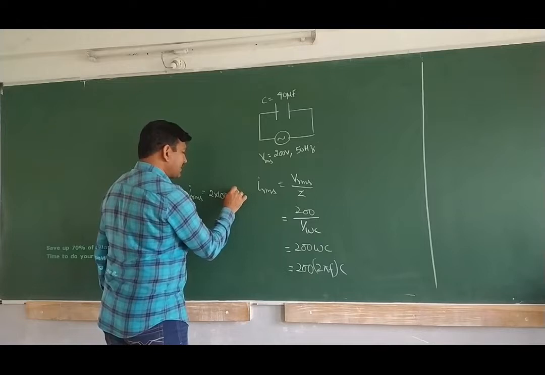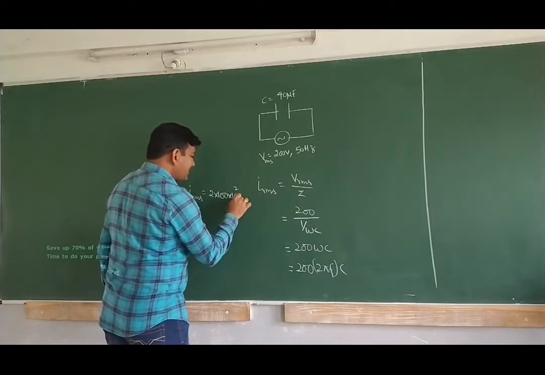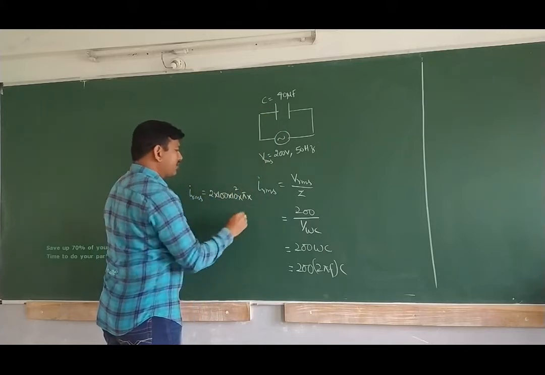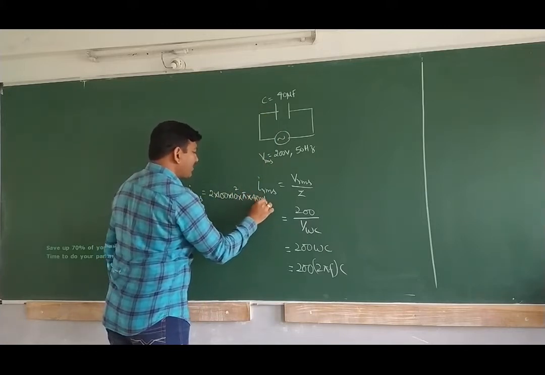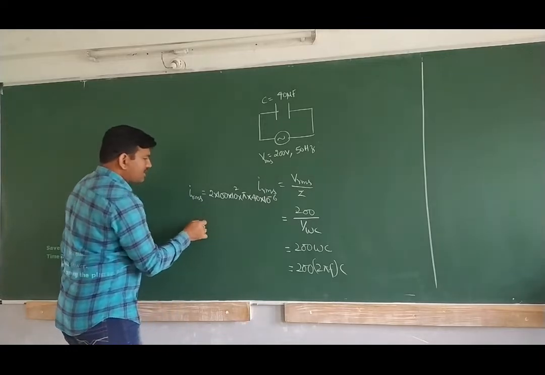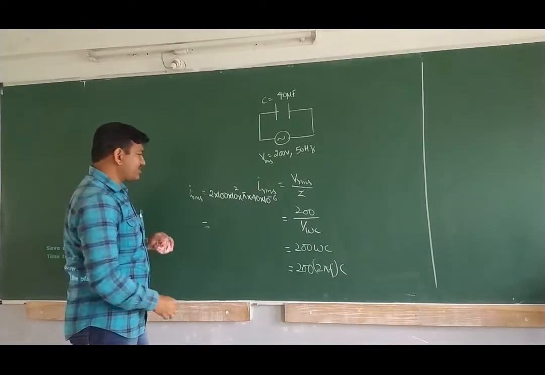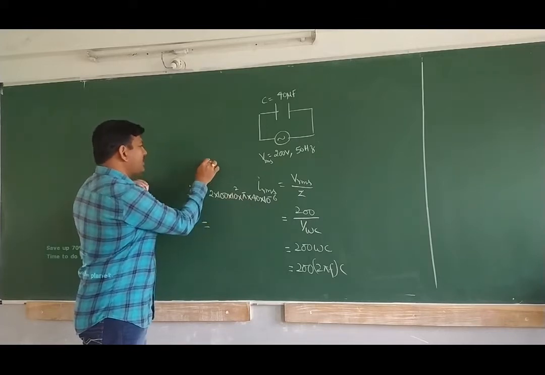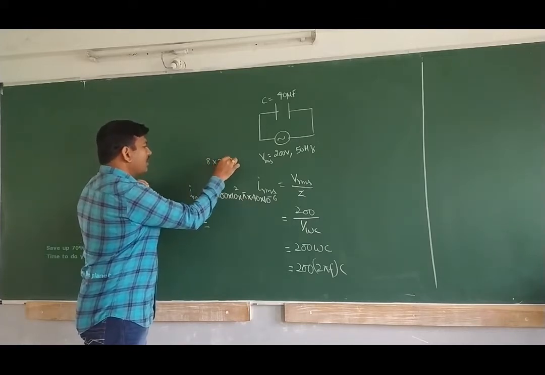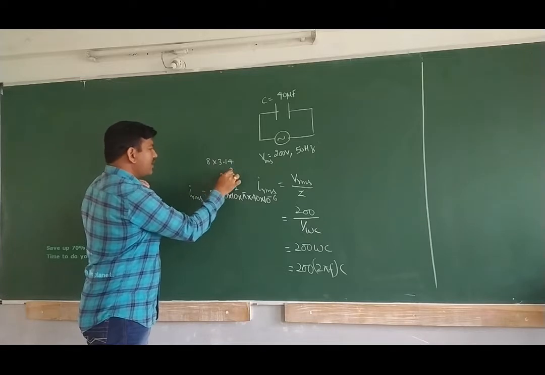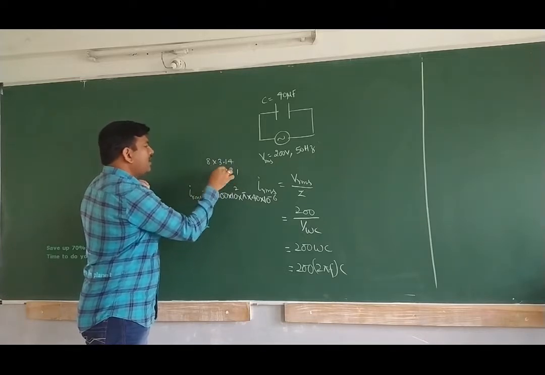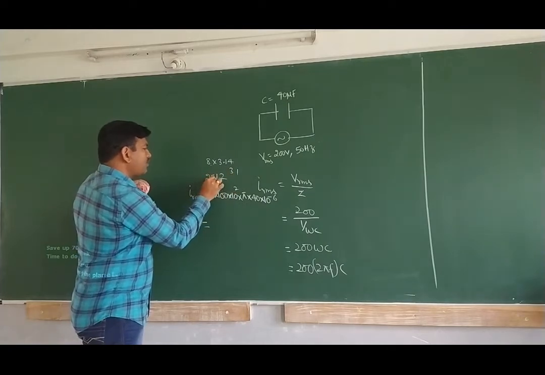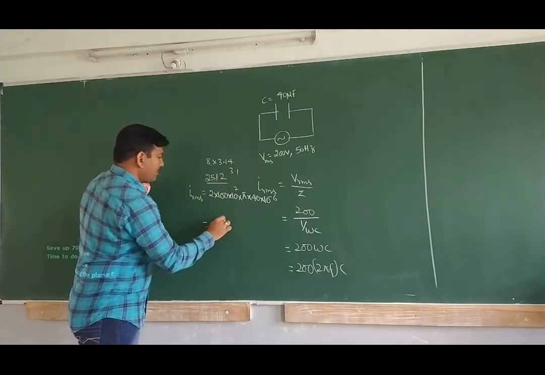So 100 means I can take it as 10 square. Pi is there, 3.14, into C, which is given as how much? 40 microfarad, so 40 into 10 power minus 6. So what is this value you see here? Only numericals, let us check. 2 into 4 is 8. 8 into 3.14: 8 4s are 32, 8 1s are 8 and 11, 8 3s are 24 and this is what? 25. So you will be having 25.12.